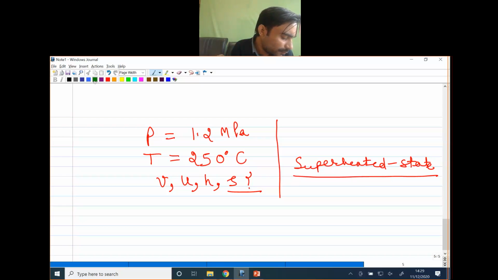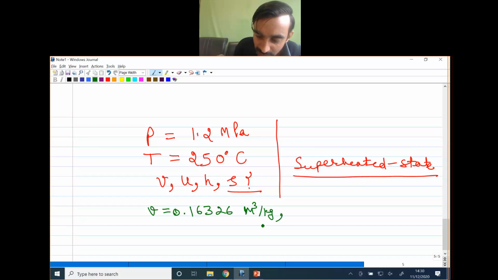If you now choose the row having a temperature of 250 degrees Celsius, and look into the table for pressure of 1.2 megapascals, you will find that the value of specific volume is equal to 0.16326 meter cube per kg. And the corresponding internal energy is equal to